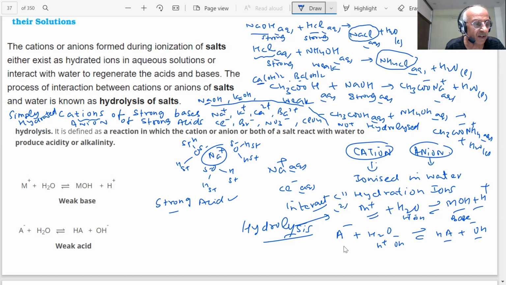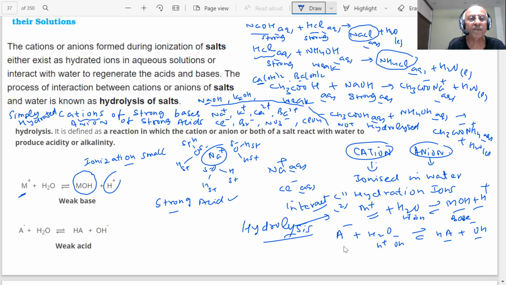Then what will be the result? They will be a neutral solution. pH will be around 7, student. So which salts will undergo hydrolysis? We will see that. So here, student, if you have a cation, if it is hydrolyzed and it is forming a weak base, the base is weak means what? Weak base means its ionization is very small, and then it is producing H plus ion.